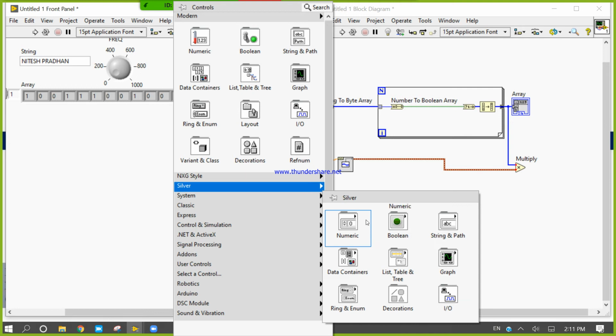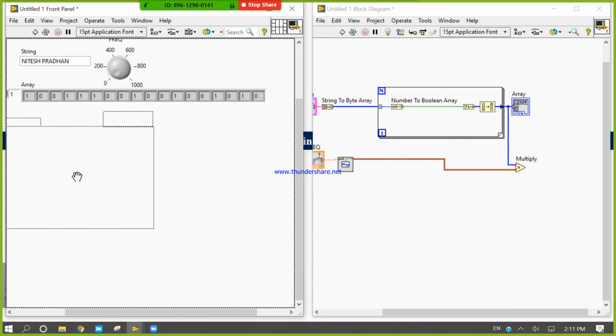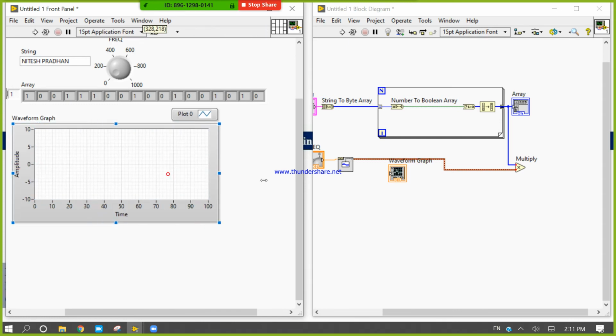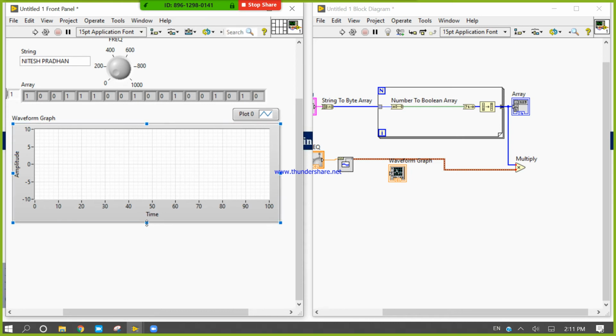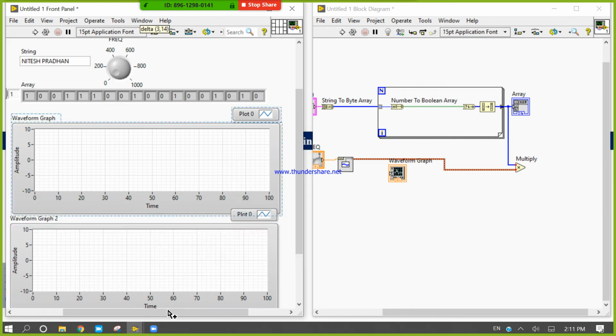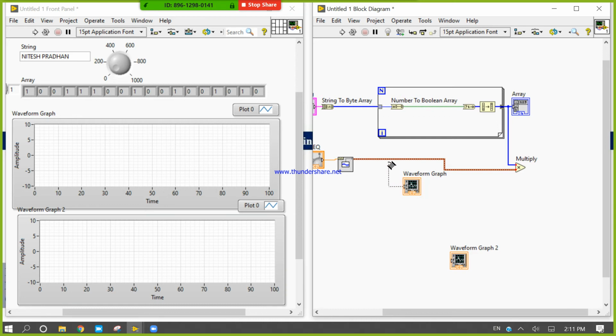What happens if I take one waveform graph? This will generate a carrier signal for me, and this will show the carrier multiplied into the message signal.